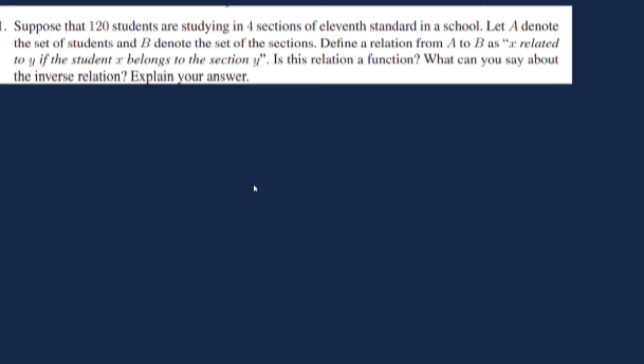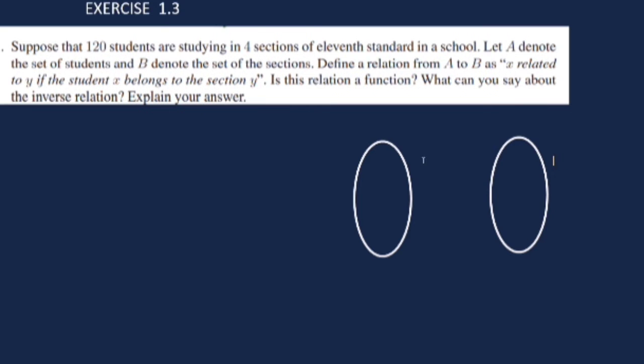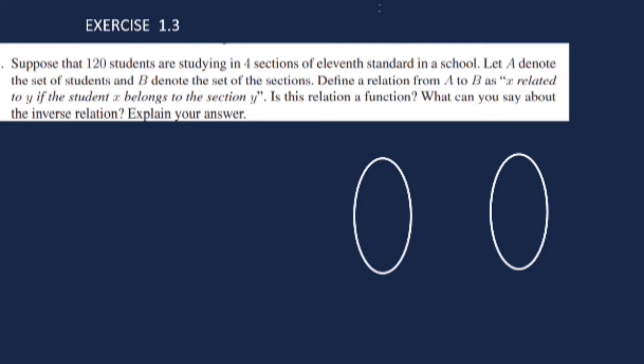Suppose there are 120 students in 4 sections, 11 standard in a school. So there are 2 sets. A denotes the set of all students of class 11. So we'll name these students A1, A2. There are so many students in the class, isn't it? A1, A3, A4, etc. And set B